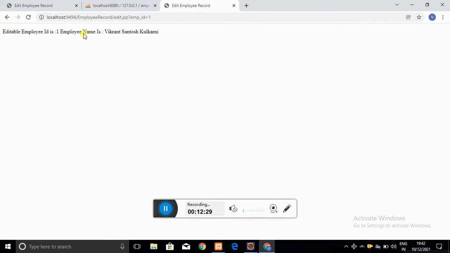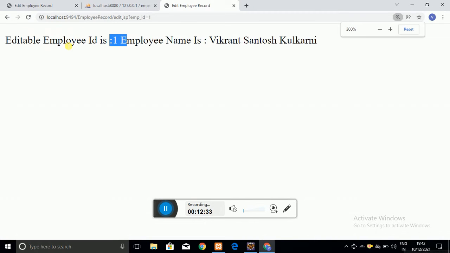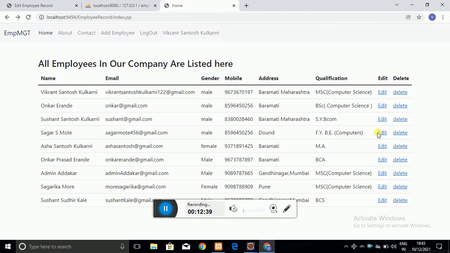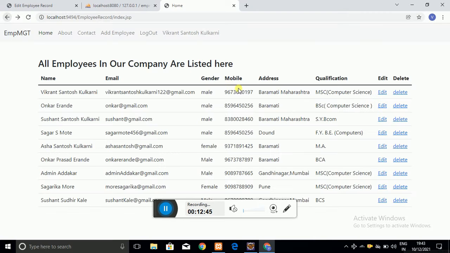That employee name is fetched from the database, as you can see; from the database itself we have got that name. In a similar way, I have created this for the other employee also.